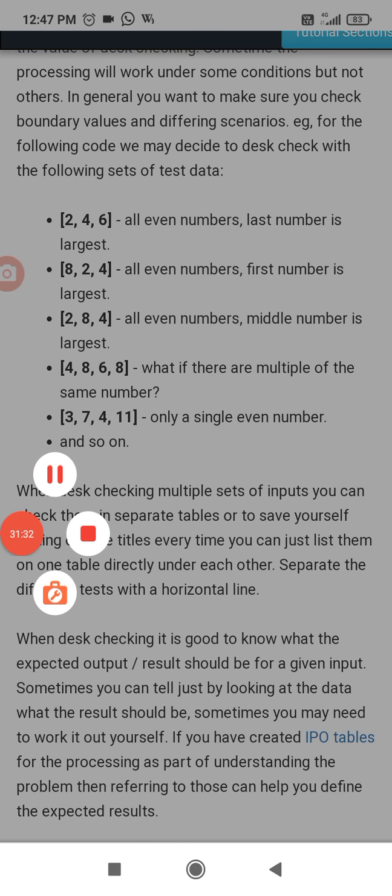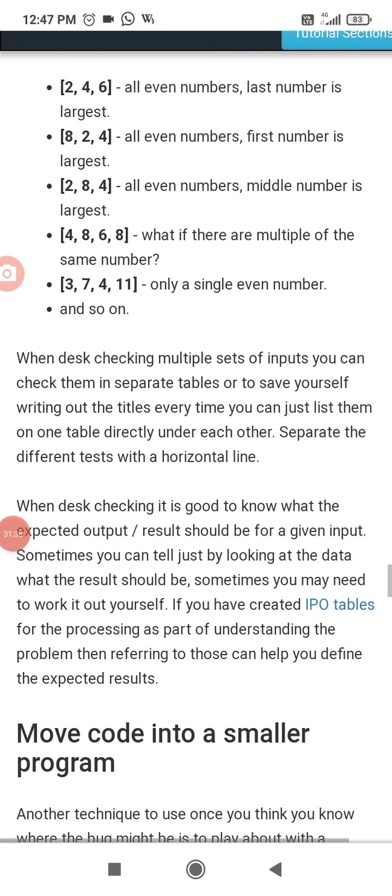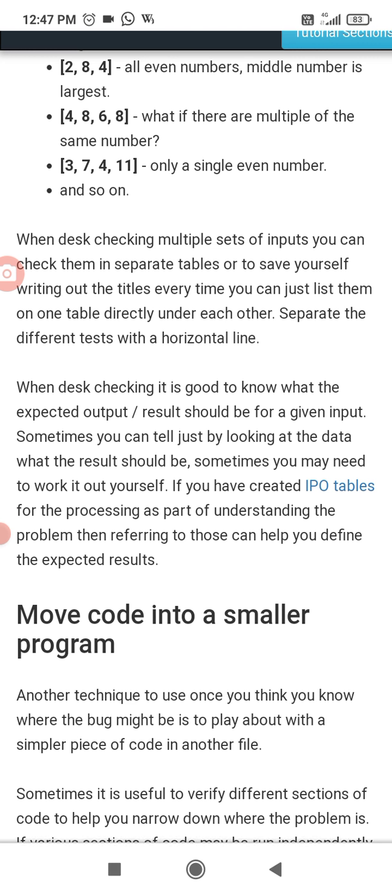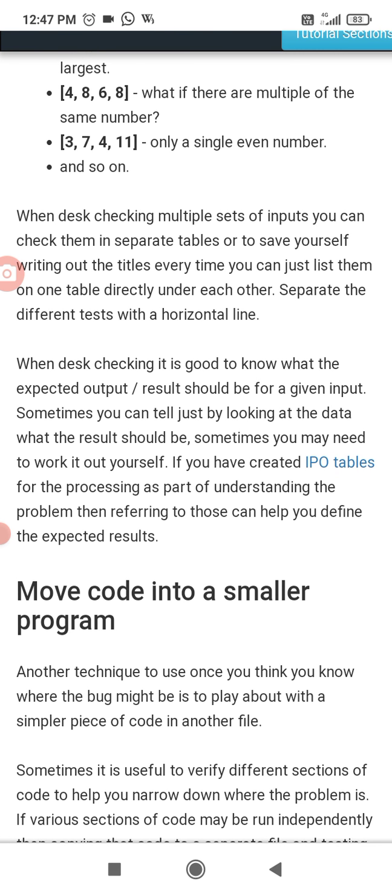When desk checking multiple sets of input, you can check them in separate tables, or to save yourself writing out the titles every time, you can just list them on one table directly under each other. Separate the different tests with a horizontal line. When desk checking, it is good to know what the expected output result should be for a given input.